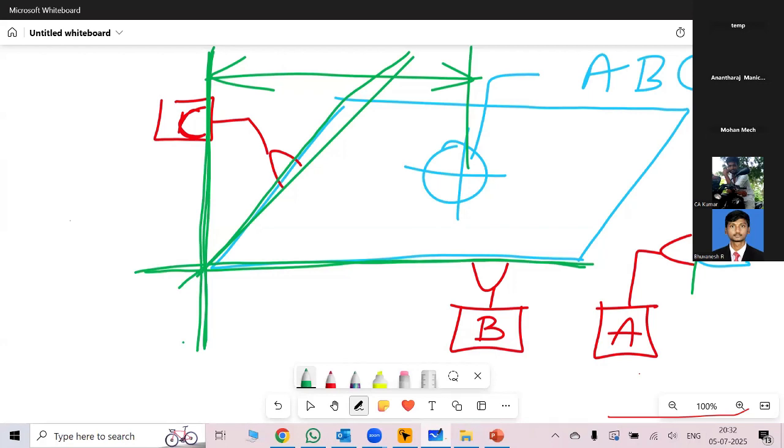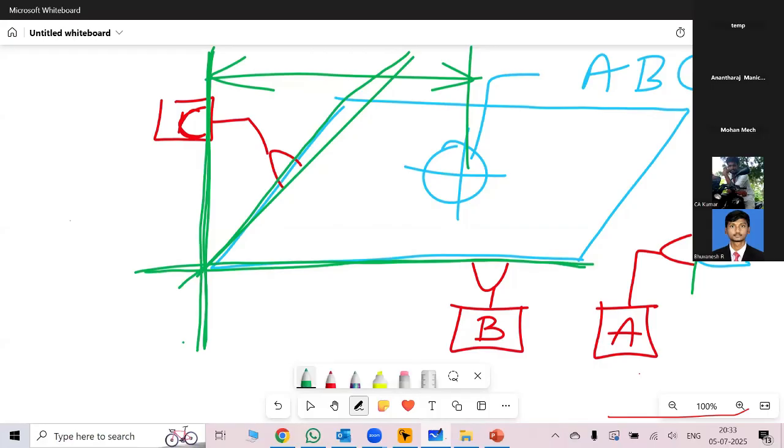If you remember, when I started with my presentation, I told that there are 4 descriptions that we have to give: size, form, orientation, and location. So whenever we give plus or minus dimensional tolerance, that is not only going to control the size, it will also control the shape. That is rule 1. The second rule is called rule number 2, which tells that when you don't give any material condition modifier, by default, regardless of feature size applies. So only when you know these terminologies, what is regardless of feature size, when to use regardless of feature size, only then you will be able to understand rule 2.